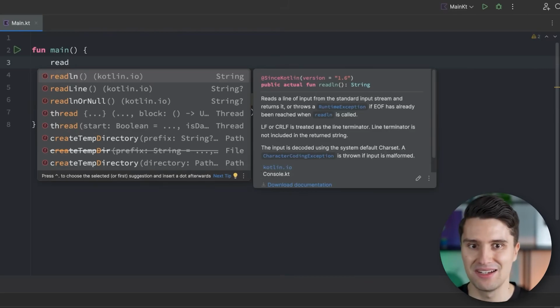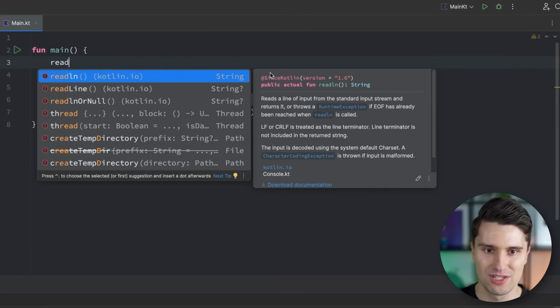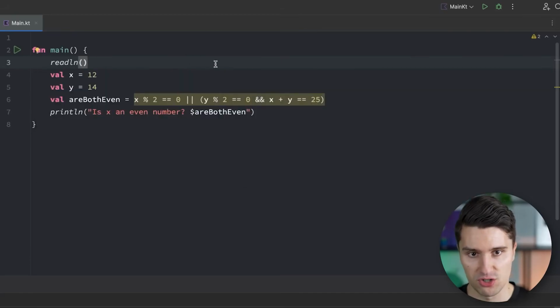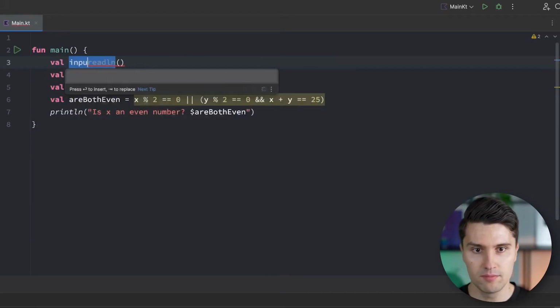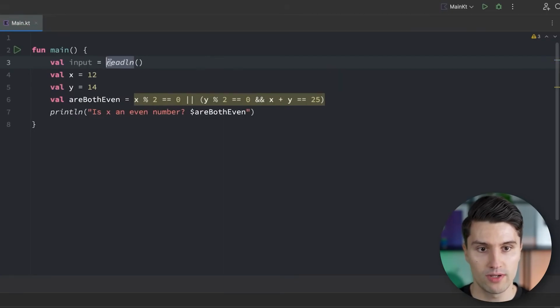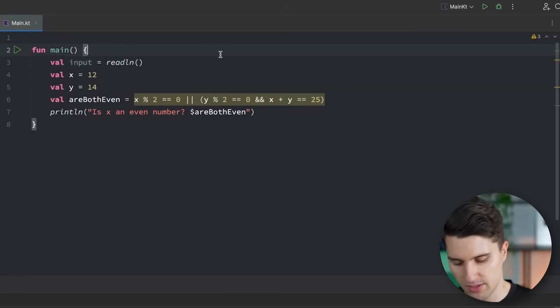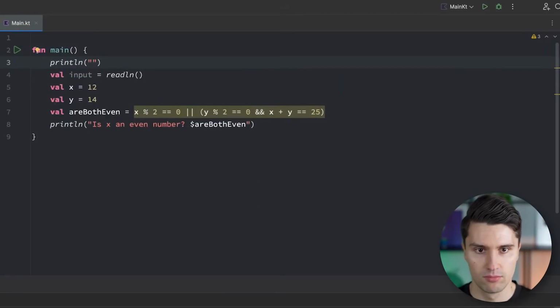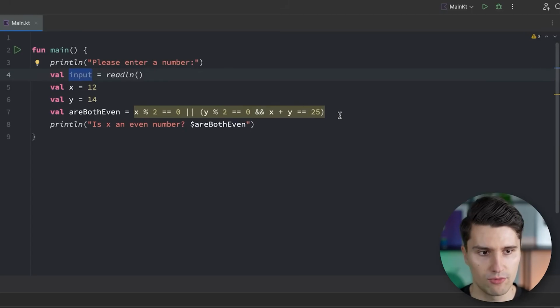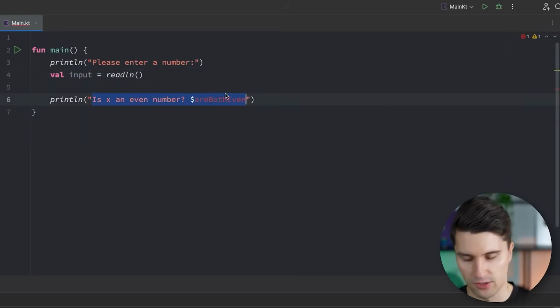So we want to read a line in the console. And this returns a string. So this is the data type this function will return. We will get to functions and return types later on in this course. But for now, we can really just use this function and say val input is equal to whatever the user has entered. We can also give some instructions like println, please enter a number. Then we wait for the user to input a number. And then we could say something like, you've entered